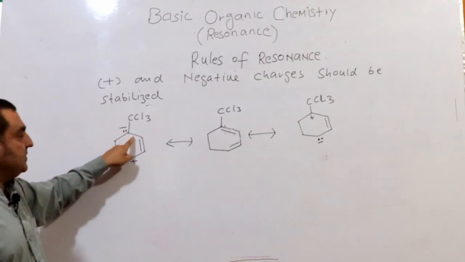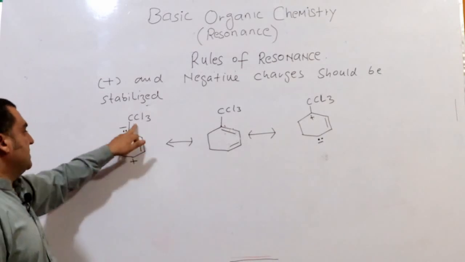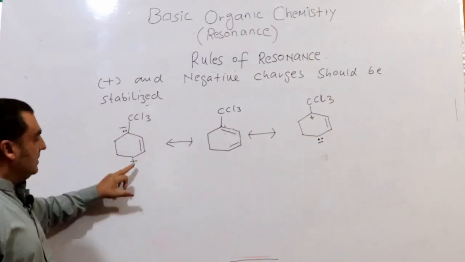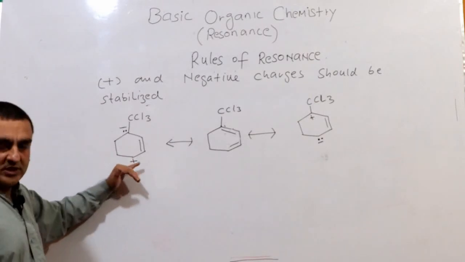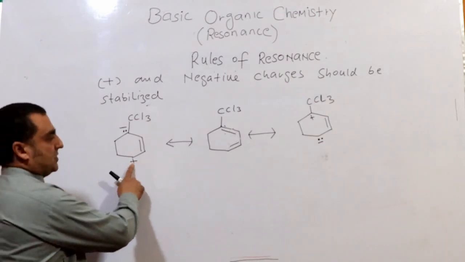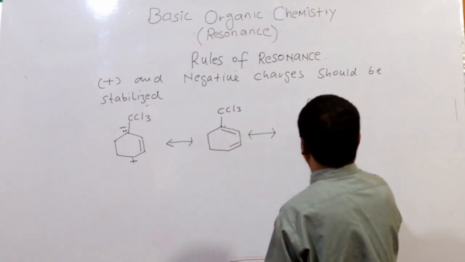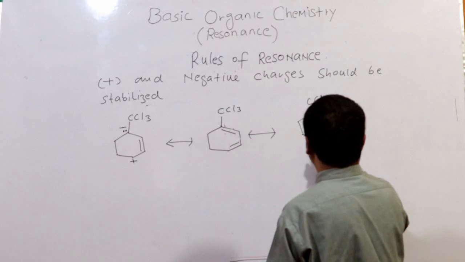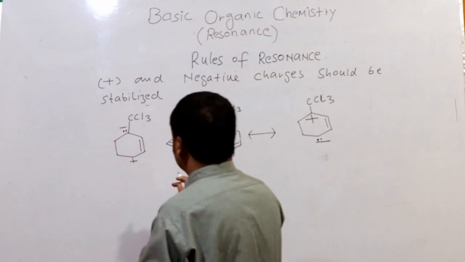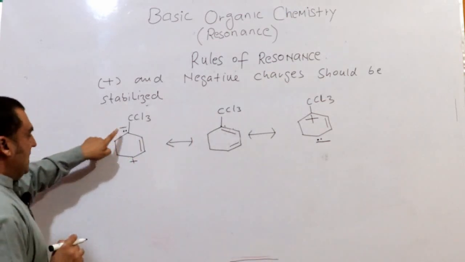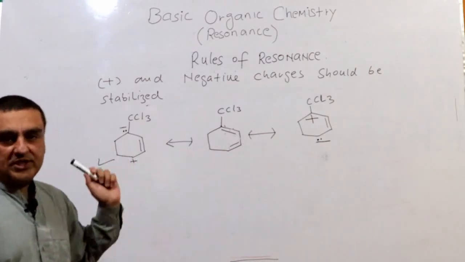Here the negative charge is near the electron-withdrawing, negative inductive effect atoms. Okay, this has a negative inductive effect, so the negative charge is small. This positive charge is again not big, not small, it's okay, but definitely this positive charge is smaller than this one. So we can write it in our own exaggerated form. Now this negative is smaller and you can write this small positive. This wins with a clear-cut margin. This is the best of the best, this is the second best. Okay,